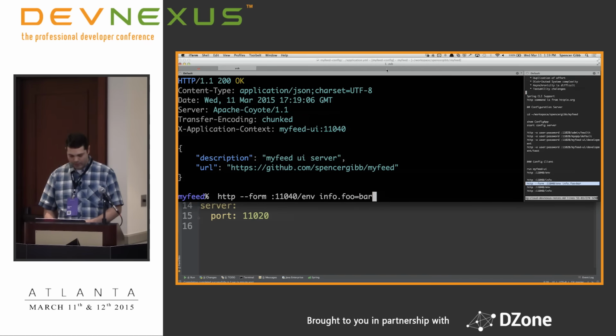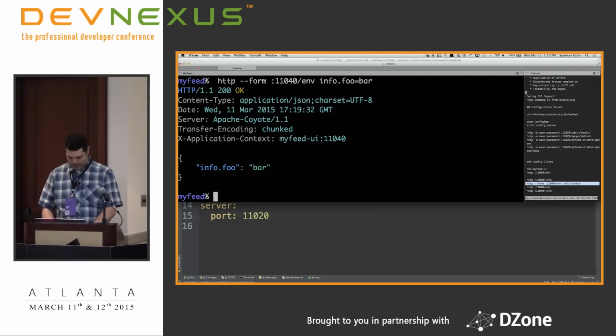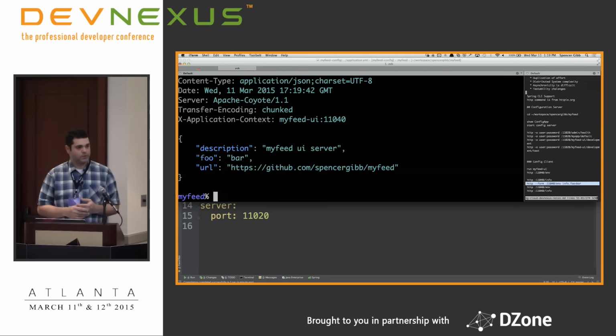That just went into the environment, and if I come back up here to info, you can see that property was added to the system, right? So you have the ability to change an individual service's environment.